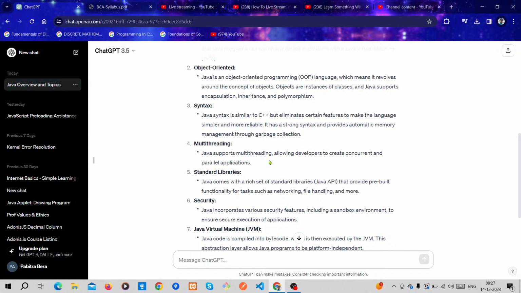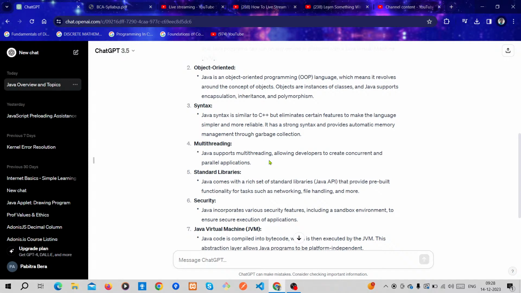But in C++ we need to do it manually, whereas in Java we don't need to. In Java, garbage collection does it for us automatically. We don't need to think about the destructor or taking memory from unused variables. It is done automatically by the garbage collector in Java. It is also a most important feature of Java.